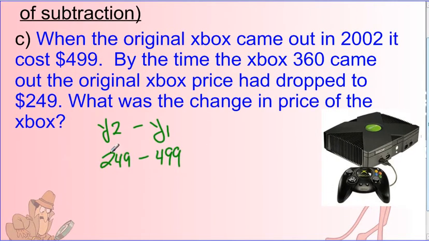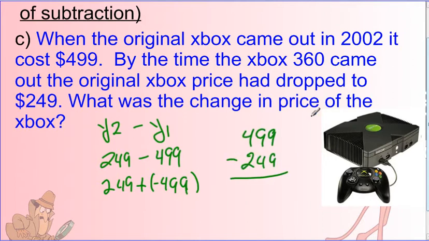So second minus first. We're going to do a little KFC here. 249 plus a negative 499. The signs are different, so we have to subtract. Surprise, surprise. That's how you find differences. You subtract. Or find a change as you subtract. All right, so we got to subtract these guys. So $499 minus